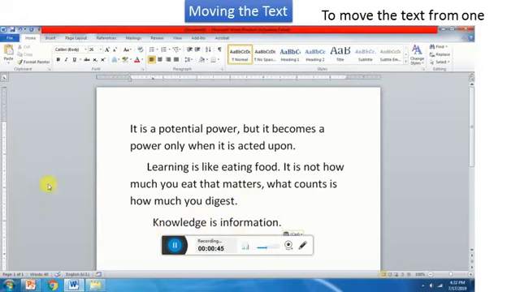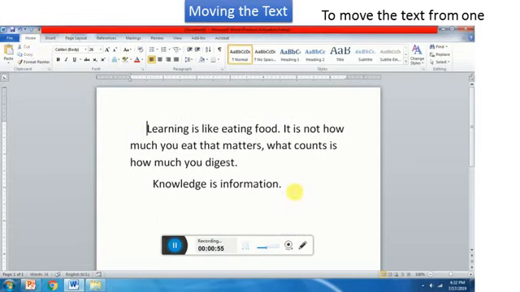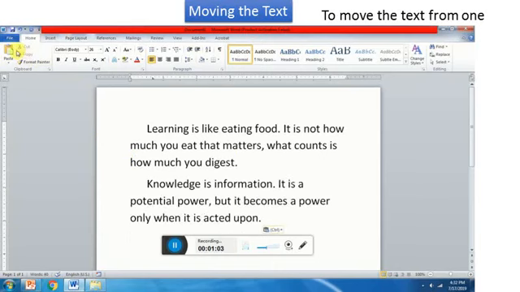To cut, we have a shortcut key. I'll show you with this sentence. Select this sentence. Instead of clicking here, just press Ctrl plus X and place the cursor over here. Instead of clicking on this paste, just press Ctrl plus V. When you move your cursor on the clipboard section, it will show you the shortcut key Ctrl plus V for pasting and Ctrl plus X for cut. So by cutting and pasting method, we can move our text from one position to another position.